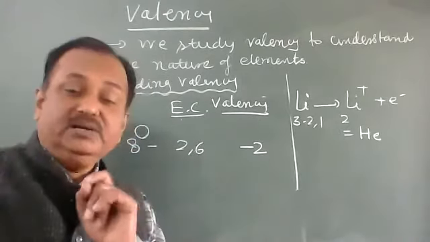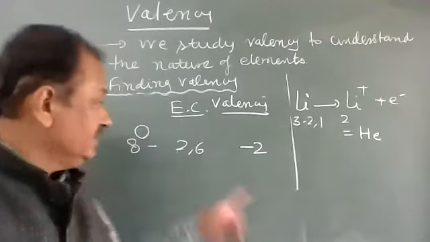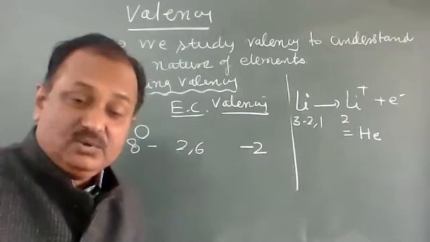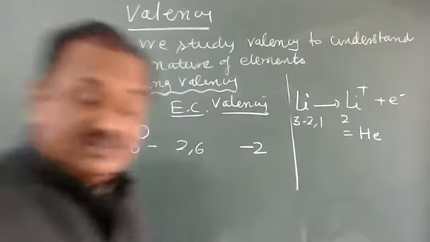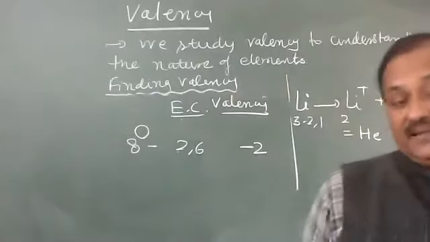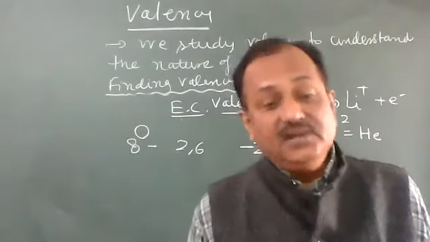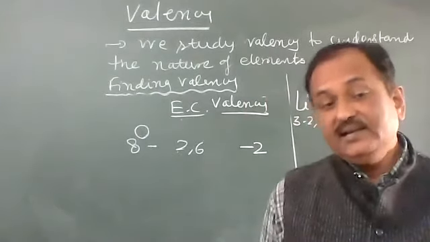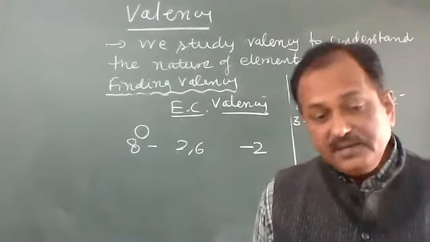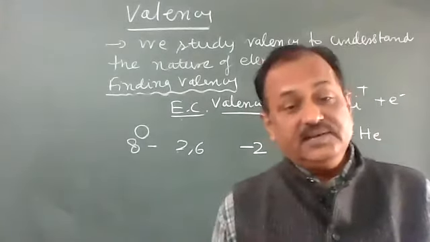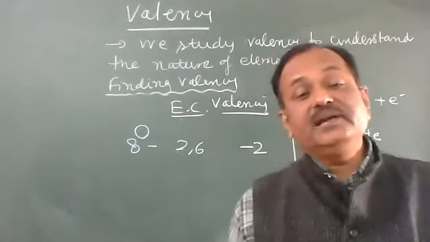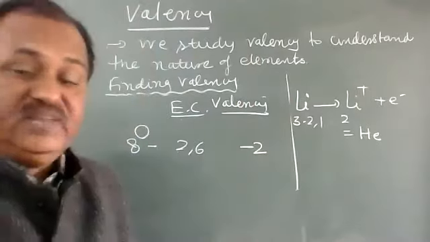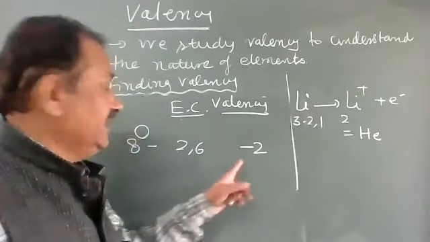This is a very important point to understand and know, that the loss of 6 electrons is impossible. Loss of 6 electrons is impossible because electrons are lost by the requirement of energy, and that energy cannot be provided in a chemical reaction. You have to keep in mind that loss of electrons is due to the requirement of energy, and that cannot be provided in a chemical change.